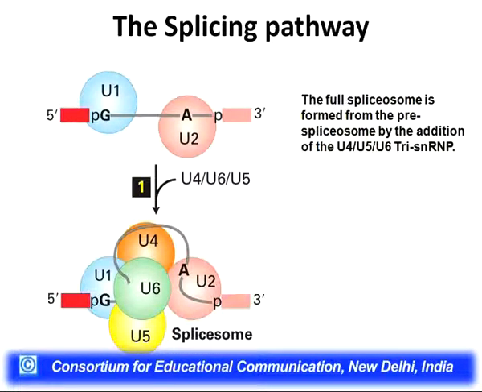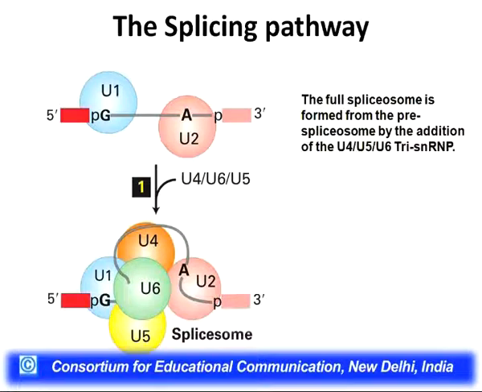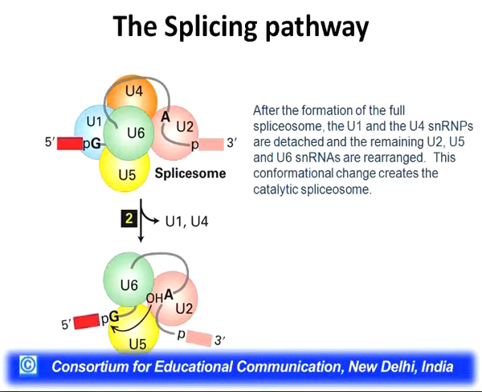So after U1 and U2 have come to their particular location, U6, U4 and U5, that is tri-snRNP, come to that particular site, and after this happens, there will be movement of U1 out from the 5' splice site. U6 is bound to U4 by specific complementary reaction between the RNA of these two snRNPs, and after U6 is bound to the 5' splice site, the U4 also moves out. So we have now U1 and U4 moving out, and we have only U2, U5 and U6 present along with